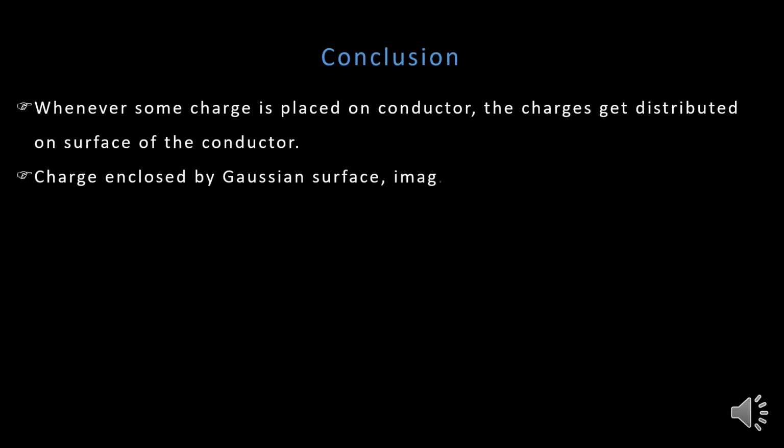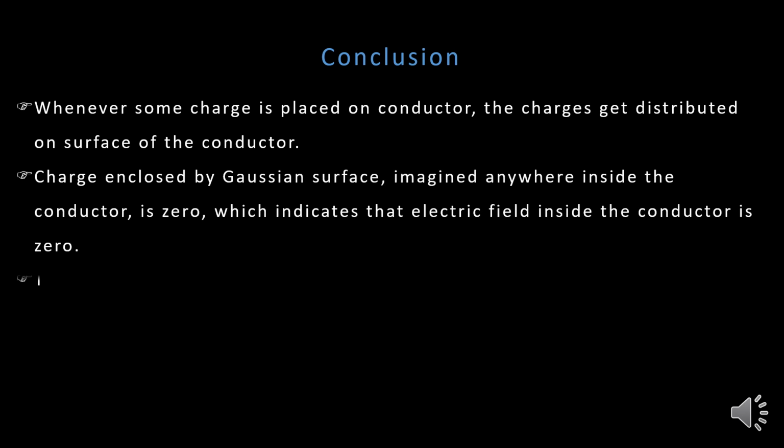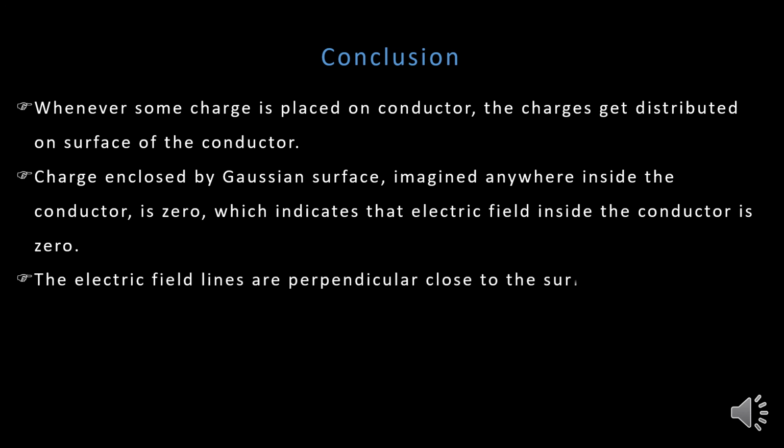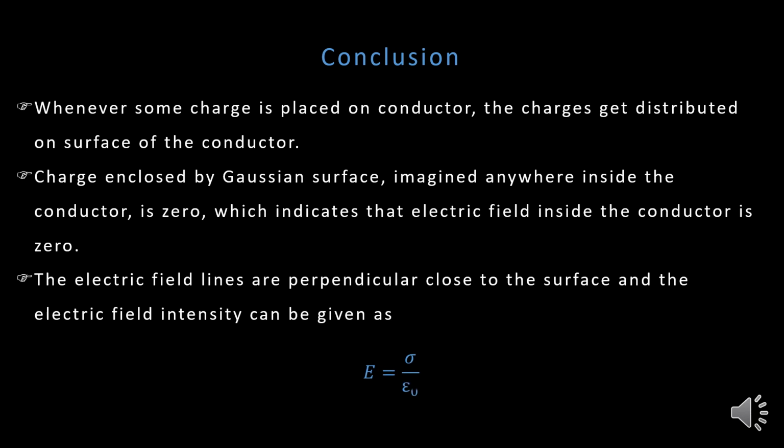So, in conclusion, we can say that whenever some charge is placed on a conductor, the charges get distributed on the surface of the conductor, and if we imagine any Gaussian surface inside the conductor, charge enclosed by the Gaussian surface is zero, and hence electric field inside is zero. But outside you have